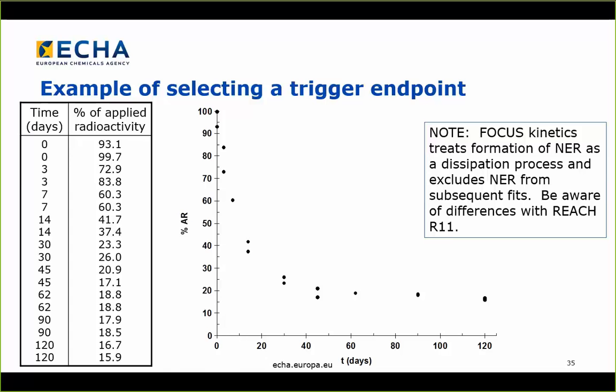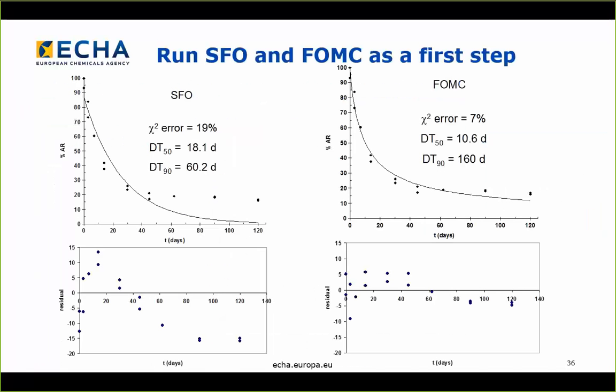So remembering we're looking at the trigger decision scheme first, and FOCUS says you run SFO and FOMC as a first step. On the left we've got our SFO fit, and on the right we've got our FOMC fit. FOCUS talks about using the chi-squared to discriminate between two model fits,